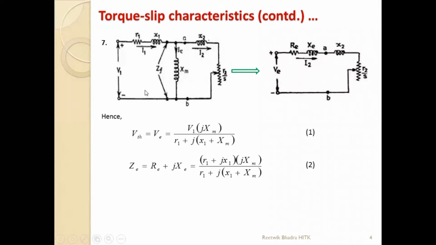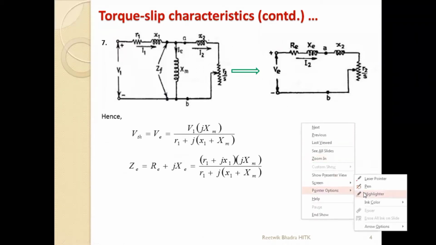So we are continuing with the same discussion over here. You have the Thevenin's equivalent circuit, the induction motor equivalent circuit drawn in the first. That circuit is drawn into the Thevenin's equivalent circuit, this one. So I need conversion from the left hand side to the right hand side. This conversion is required. And between AB, this AB point is this voltage V. X and R2 by S are removed.